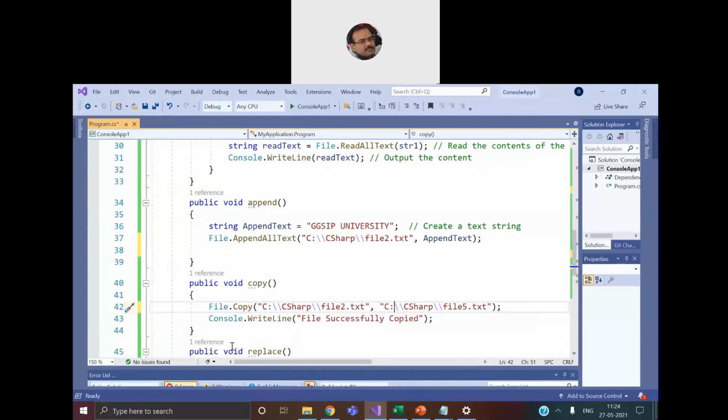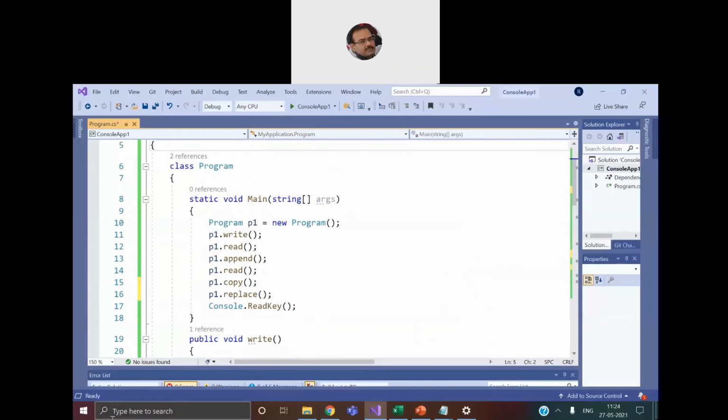So it will copy the content from the source to the destination. It picks up the content from file2.txt, creates a new file, and then stores the content into file5.txt. You can give any name of your own choice. So it will create file5.txt, take the content from file2.txt and copy it, meaning place the content, and then we say file successfully copied.